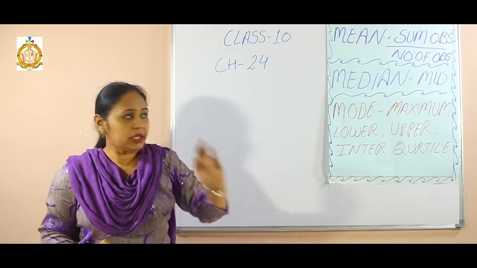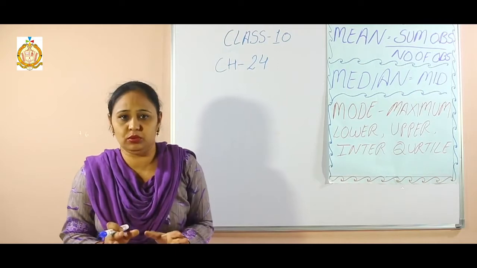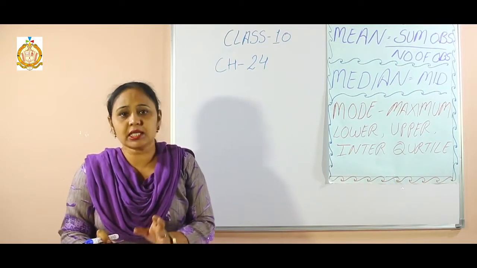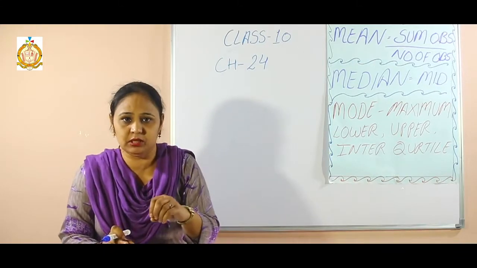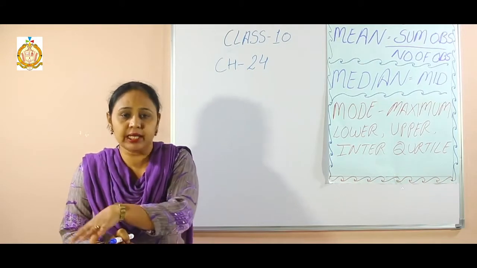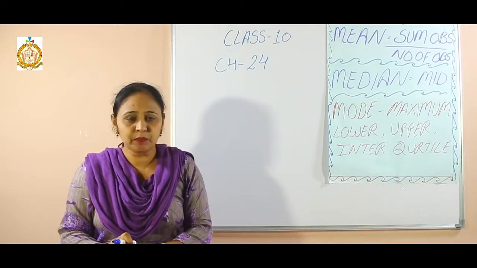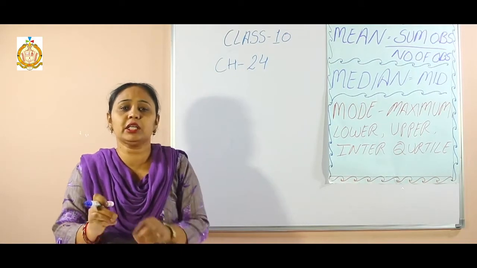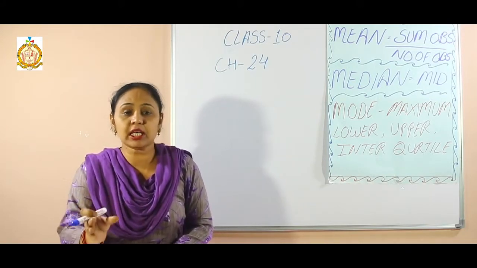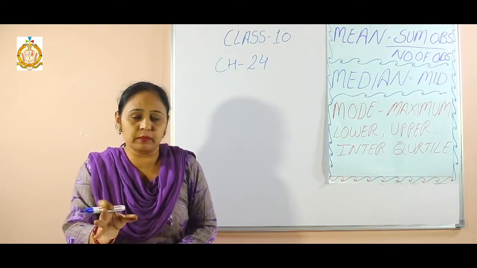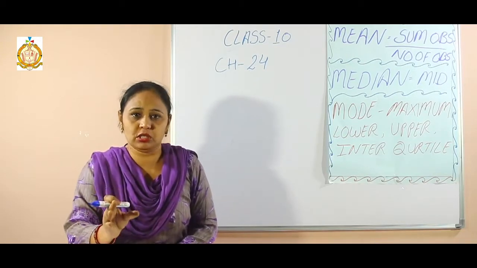Now see in this, mean. What is mean? We have to find the average value. Different values are there and I have to find the average. I want to distribute equally to each person. Each person has different marks, like you score different marks in different subjects. Out of 1000 you get 700, 800 or 850, but I want to find the average. That means if I assign equal marks from the total marks to each subject, what will it be? We have to find the average. Clear?